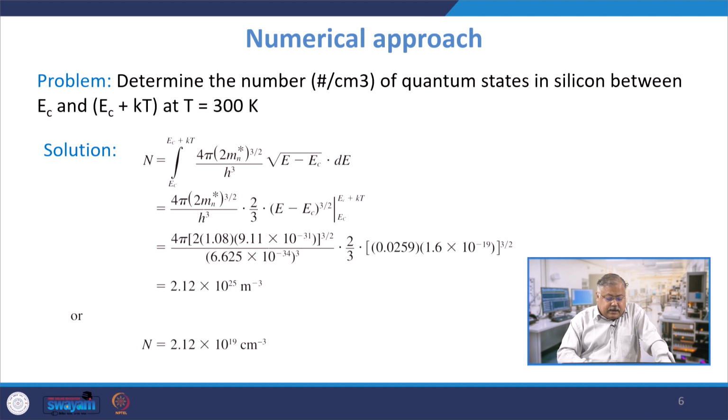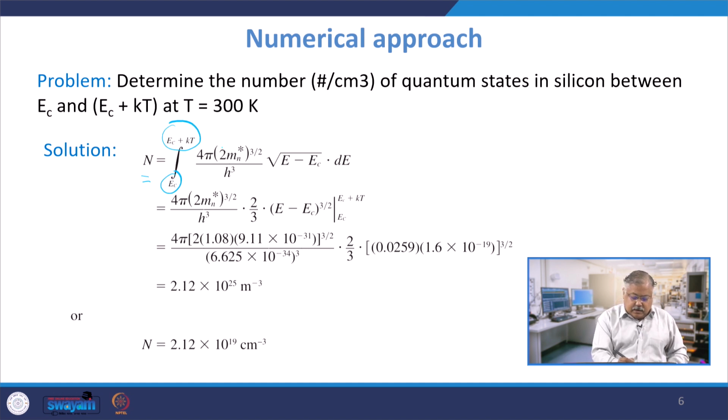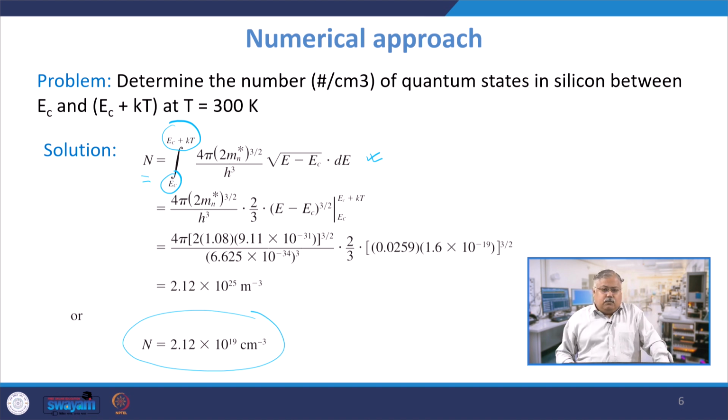Now, the solution can be that the total number of electrons, I had density of states, right. If you integrate from EC to EC plus KT, you get the total number of quantum states, and therefore, you put EC to EC plus KT 4 pi whatever the formula is, which we have discussed in the previous stage. So, this becomes 2 by 3 and this is 3 by 2, EC plus KT by EC. Solve it and I get number of states to be equal to this much, 2.12 times 10 to the power 19 per centimeter cube, which means that if you take 1 electron volt and try to find out the number of states per unit volume in the K space, it comes out to be 2.12 times 10 to the power 19, right,